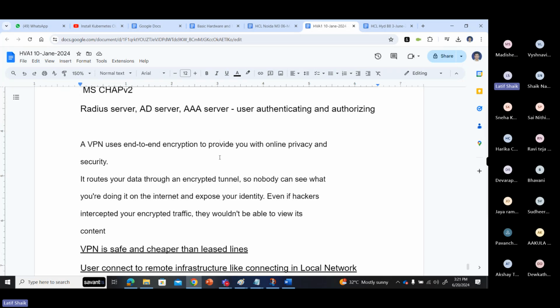It means only the destination machine can receive it. Because it is encrypted, it is very difficult to tamper with the data. It routes your data through an encrypted tunnel, so nobody can see what you are doing on the internet or expose your identity. Even if hackers intercepted your encrypted traffic, they won't be able to view its content.